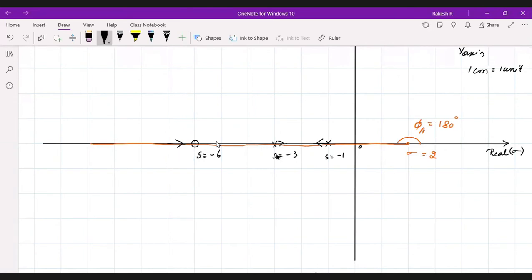So we need to know here there will be a breakaway point, right? Here will be the breakaway point between these two root locus. These two poles, we have the root locus, so there will be a breakaway point, and here there will be a break in point, right? That means one root will be coming and terminating somewhere here, and it will come to the zero, right? This is what we need to find out here.